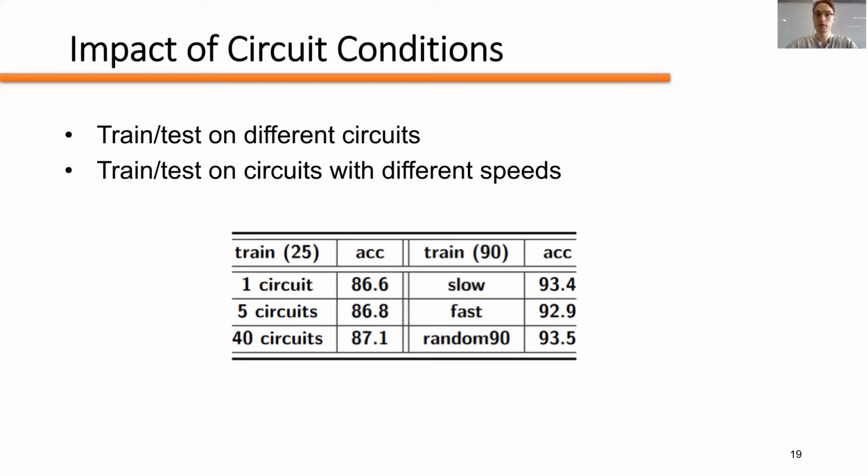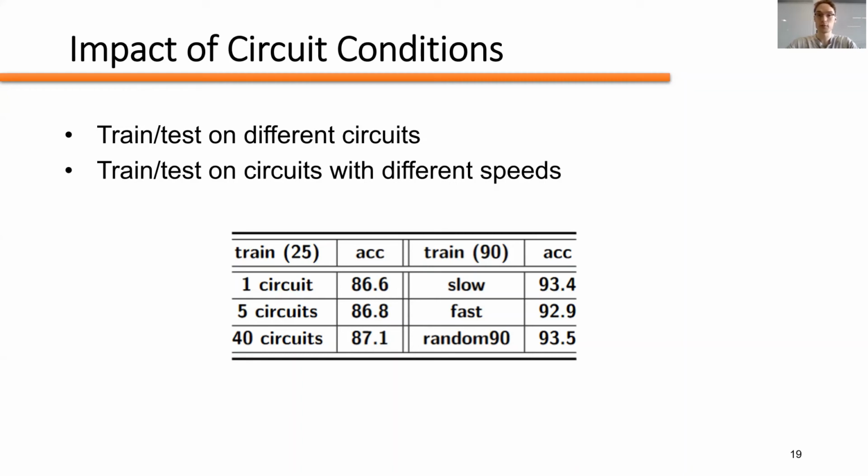Furthermore, we also examine the impact of circuit speed and congestion on our model. In these experiments, we separate the data from Saidur et al. by the circuits they were collected on. First, we examine the performance of GANDALF when the model is trained on one set of circuits and tested on another, while we also vary the number of unique circuits used for training.